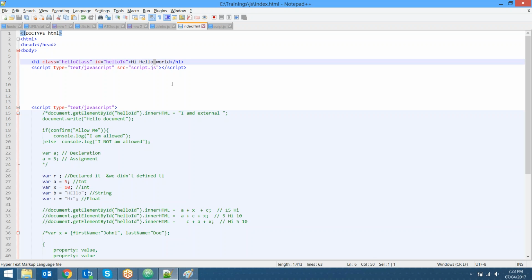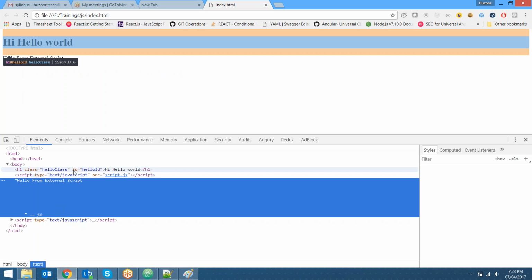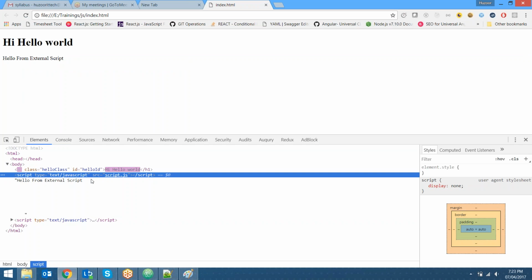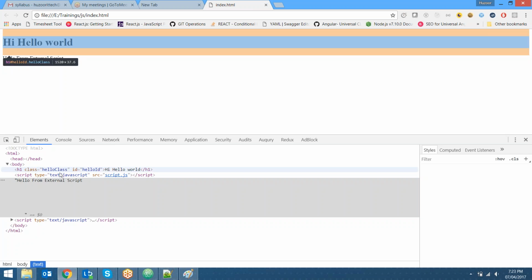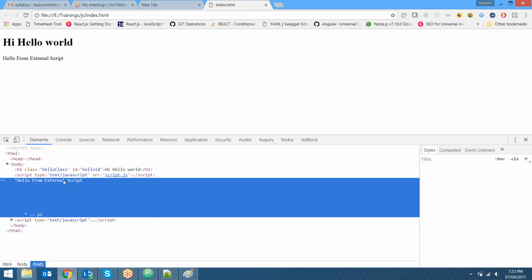Yeah, everything is coming right. You just see here: hello class, hello ID, script.js, and this is the external script which I included. Okay, hello from external script is coming here. Why? Because it is coming